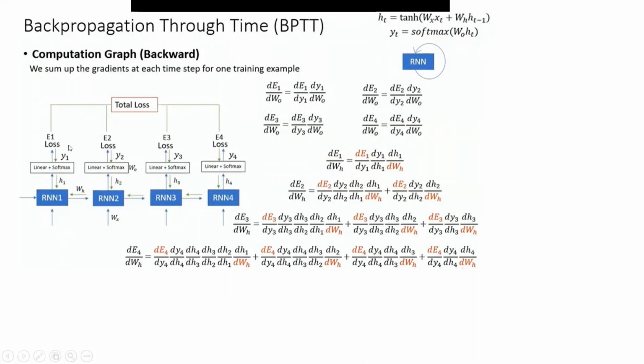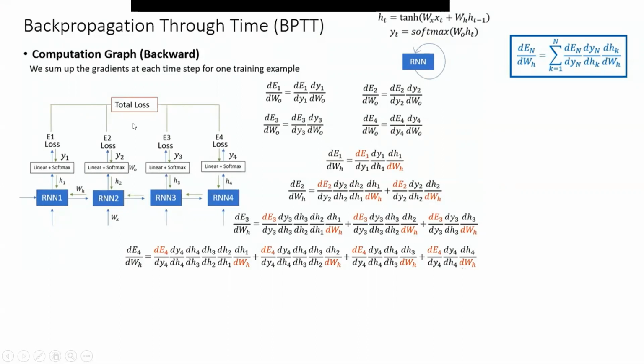Now when we calculate the loss E1, E2, and E3, we will sum up all this loss and create a total loss for all the neural networks, right? E1 is the loss for RNN1, E2 is the loss for RNN2, E3 is for RNN3, and E4 is for RNN4. Now we need to sum it up, and this total loss corresponds to all four networks, or all four timestamps, and then we will do the backpropagation for the total loss.